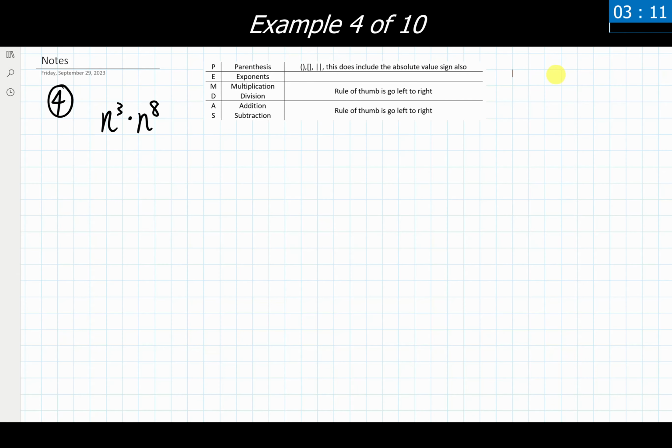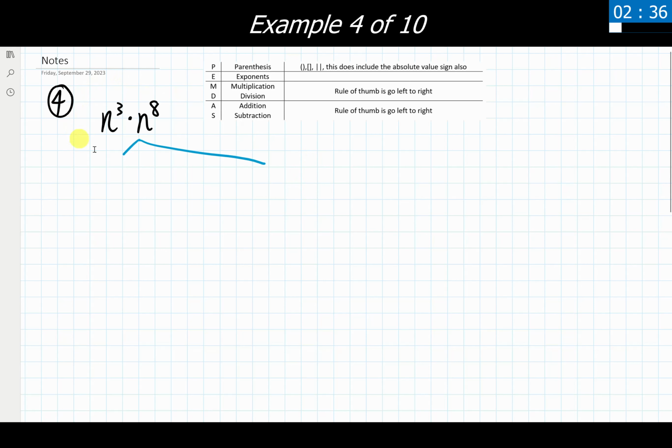Looking at example 4, we are given the expression n to the third power times n to the 8th power. Now I'm going to denote two ways that you can write this out just to show that there are two ways that we can solve this. There are probably more if you look up and find other methods online, but I at least want to show two ways of writing this out for this example. For future ones, I'm just going to go through and simplify them using one particular method, but be aware that there are multiple routes that you can take to show how you get to your final answers with these.